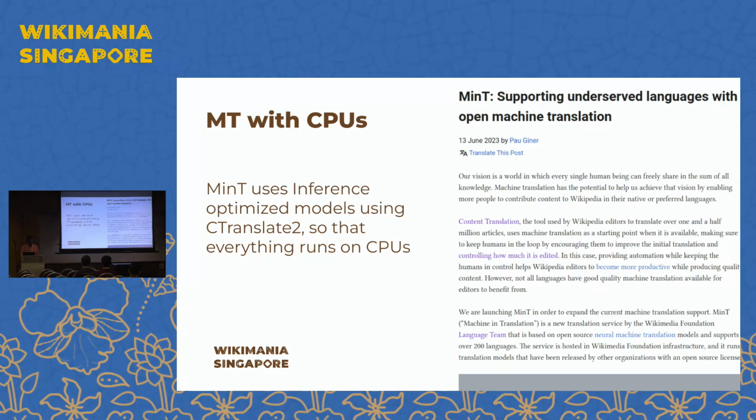But even if you have GPUs, just imagine that you have a lot of money and you don't worry about free and open source and you just use GPUs. That's still a problem, right? It requires a lot of energy, right? Using a lot of energy like that is not good.